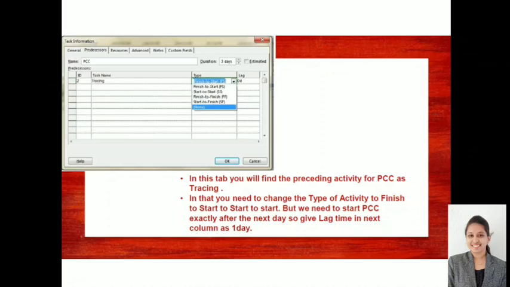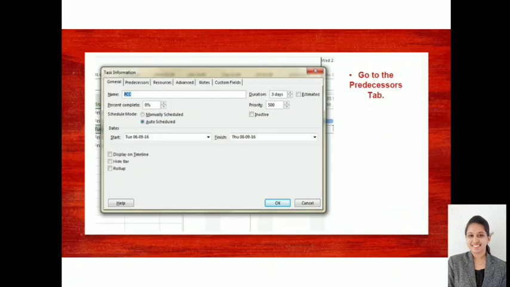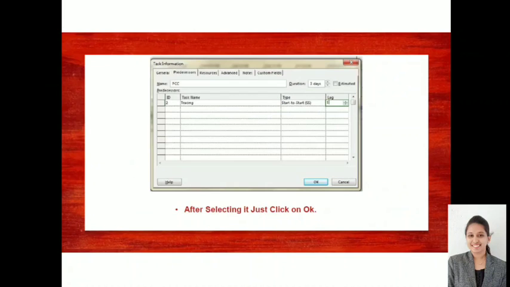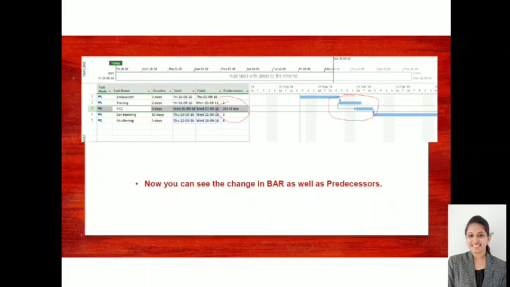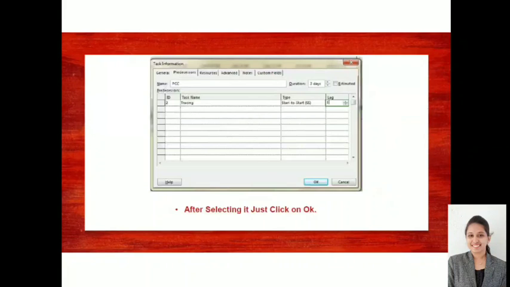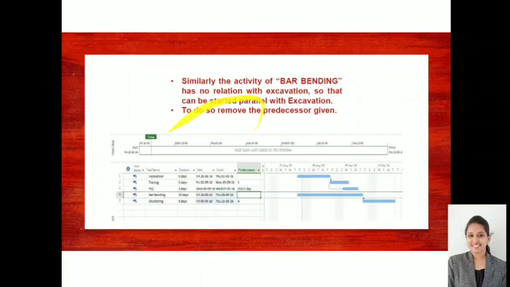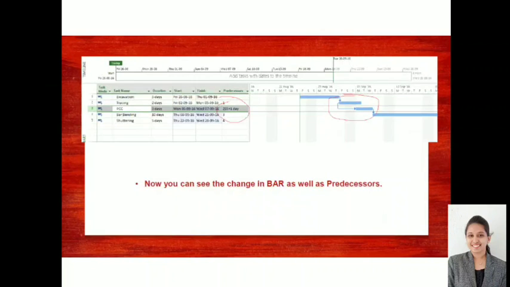In this tab you will find the predecessor activity for PCC as tracing. Here you need to change the type of activity from finish to start to start to start. So I have selected start to start here. After selecting, just click OK. Once it is done, are you able to see the difference between both? What has happened here?